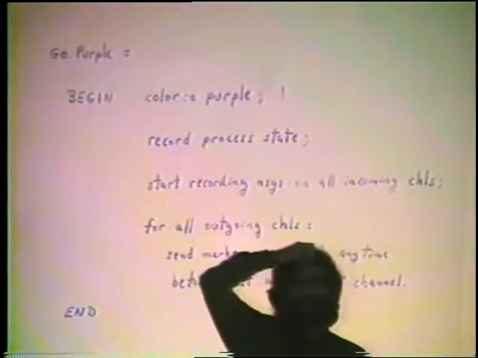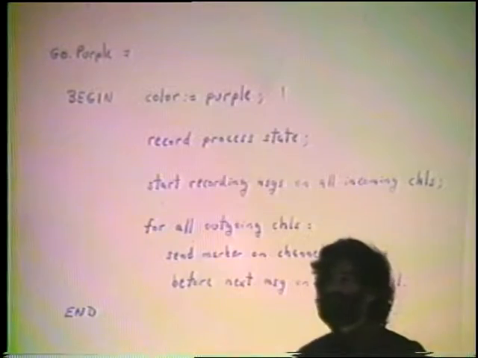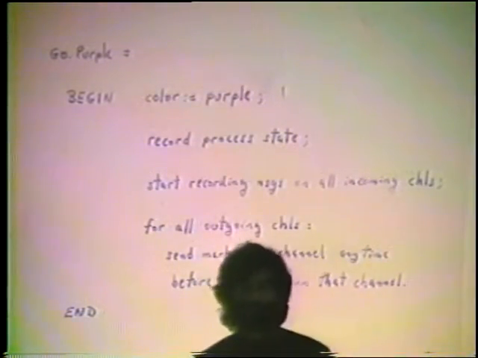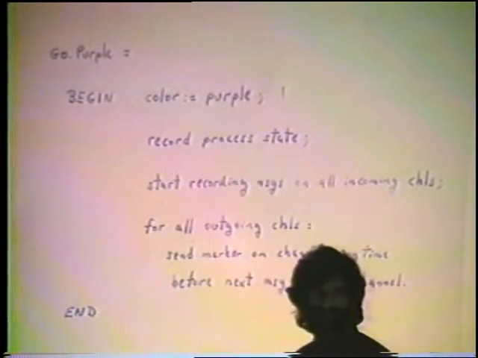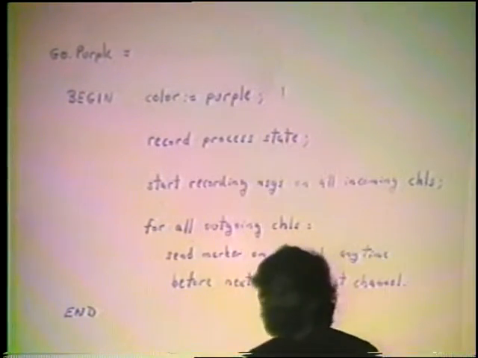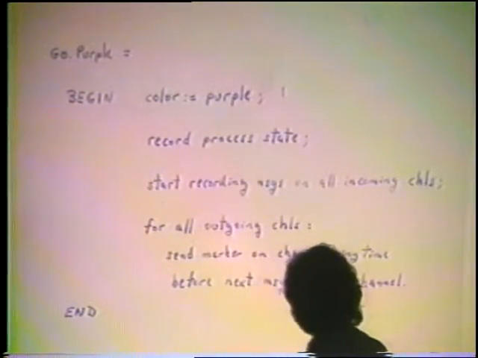Then, for every outgoing channel, it sends a marker message on the channel. Except this is a nice, laid-back, mellow California algorithm, and it doesn't have to do it right away. It just has to remember that sometime, anytime it wants to, it's going to send a marker message on that channel, but it has to make sure that it does it before it sends the next real system message on that channel. So it has to do it eventually. It can't be too spaced out. It has to do it at some point, but there's no rush. Anytime, just as long as it does it before it sends out any real system message.